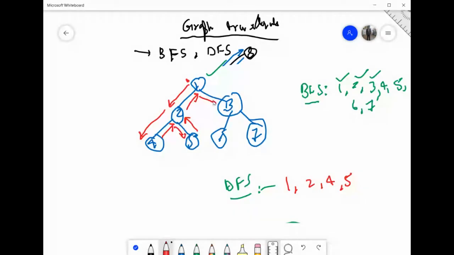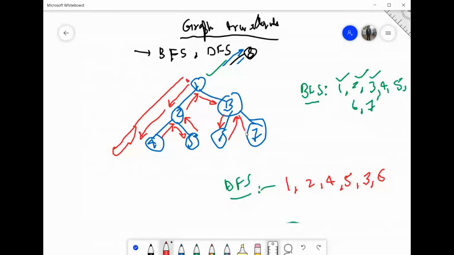Okay. Now from 1, the next option is 3 only. So we will go towards 3. From 3, I have two options, 6 and 7. I can visit any one of them. Suppose I'm visiting 6. So I will go towards 6. See what is happening. We are going in the depth. एक बार 1 से start किया, अब नीचे जाते जा रहे हैं जितना possible है. एक पाथ सेलेक्ट करके जब सारे रास्ते खत्म हो गए तब वापस ऊपर आ रहे हैं, like this we are moving. 6 is completely done.